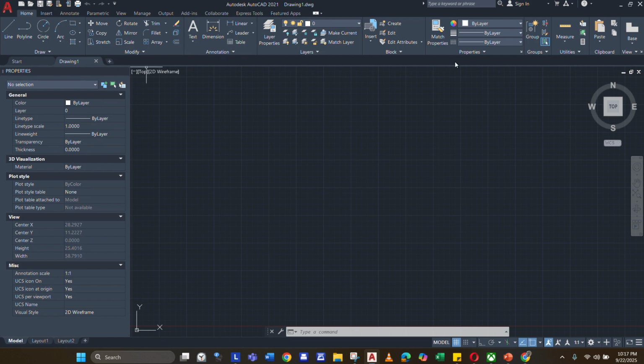And this part right here, this ribbon window, is where the commands are placed, the basic commands, especially Draw, Modify, Annotation, and Layers. Then there are also Block and Properties. We will be touching on that later in our discussion. There are also sub properties. Basically, these are the properties in the ribbon window, and here is the more detailed version of it. And we will be discussing lines, polyline, circle, and arc.